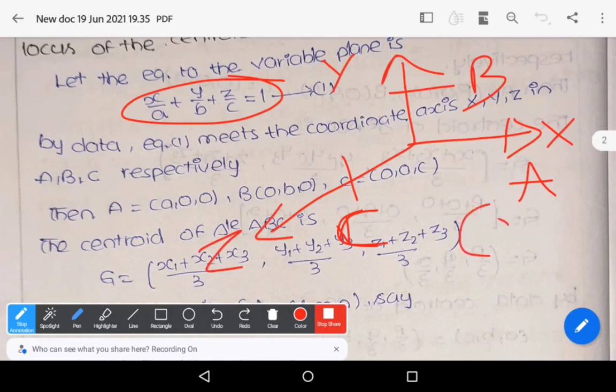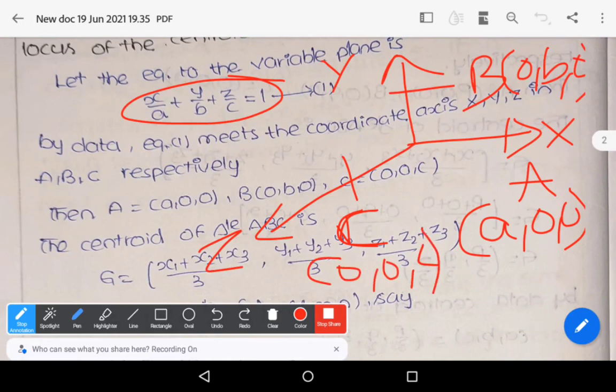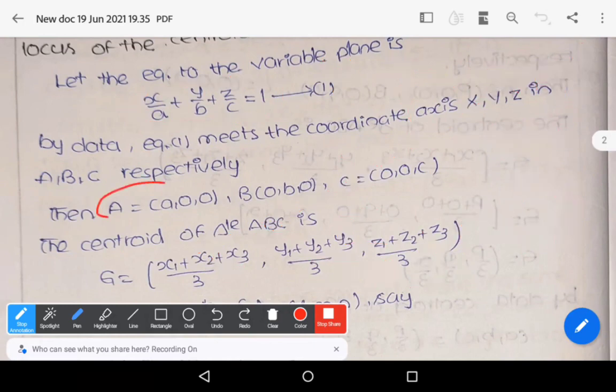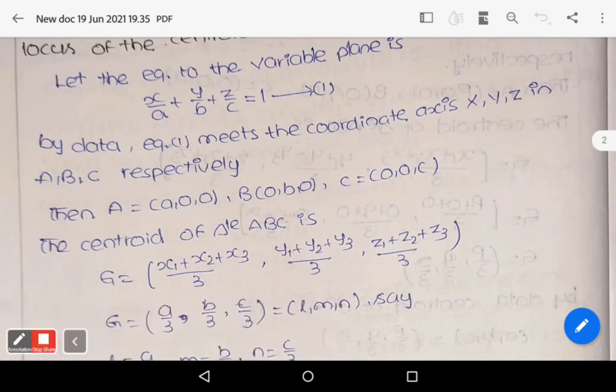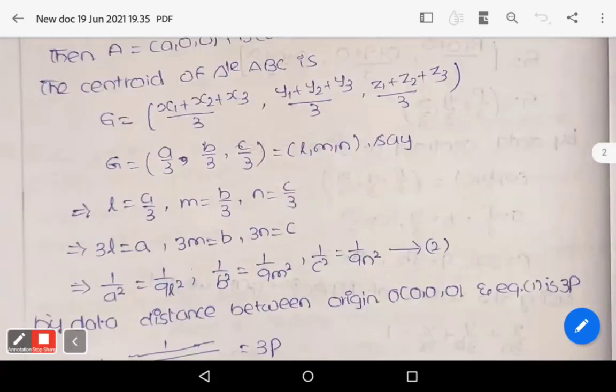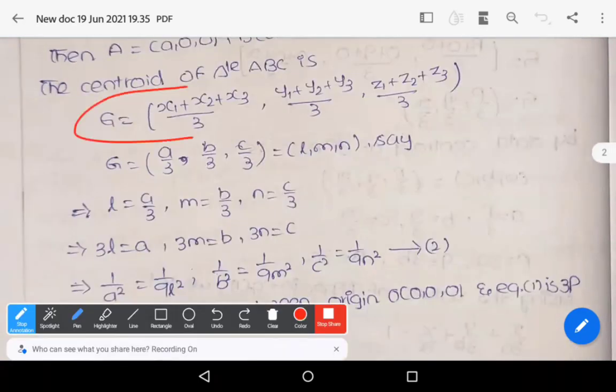Then the coordinates of A are (a, 0, 0), coordinates of B are (0, b, 0), and coordinates of C are (0, 0, c). That's it. You observe that: A is equal to (a, 0, 0), B is equal to (0, b, 0), C is equal to (0, 0, c). Now write the centroid of triangle ABC, G is equal to